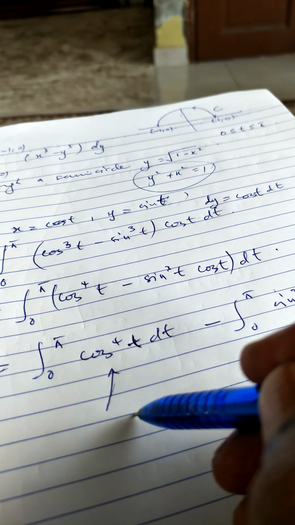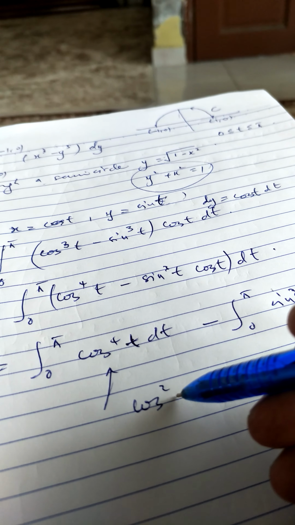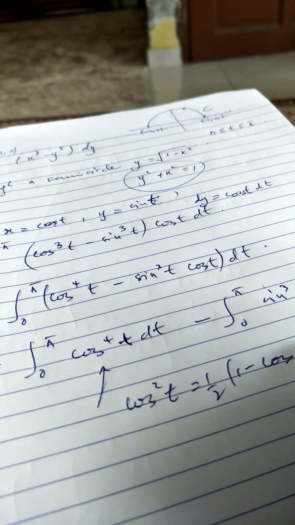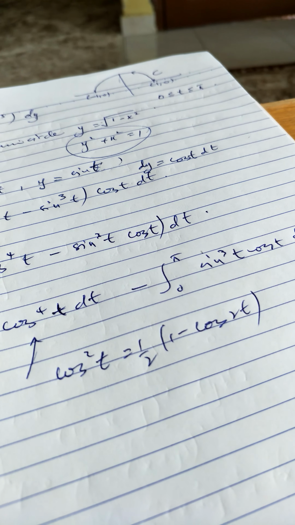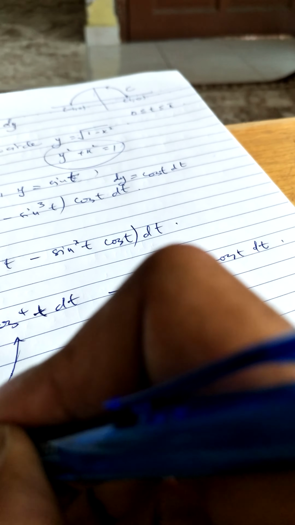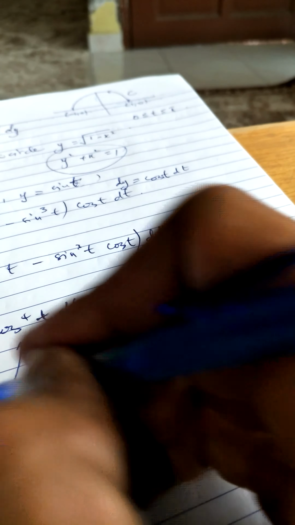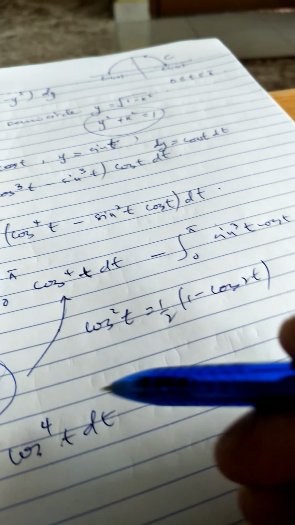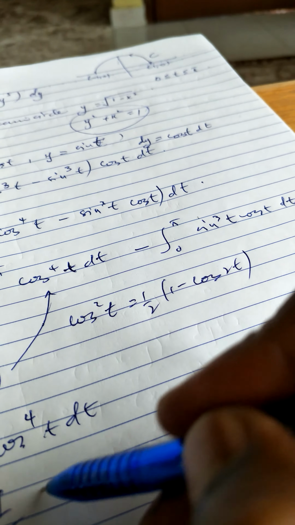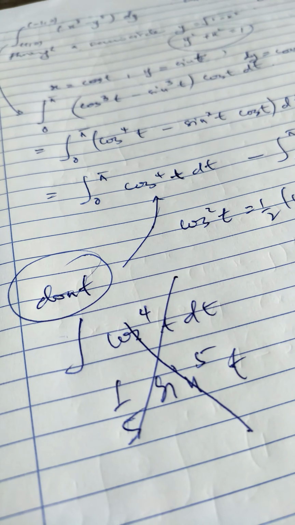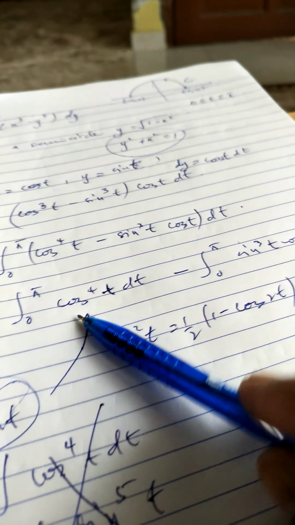I think cos squared t is equal to half (1 minus cos 2t). Alright, don't do this. Don't integrate cos⁴t dt to give you 1 over 5 sin 5t. This is wrong. Don't do it. Okay, with half angle